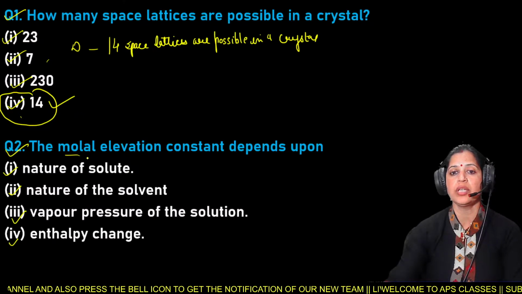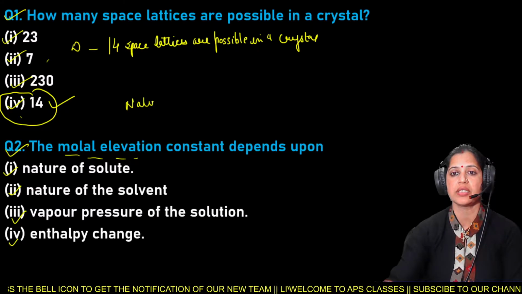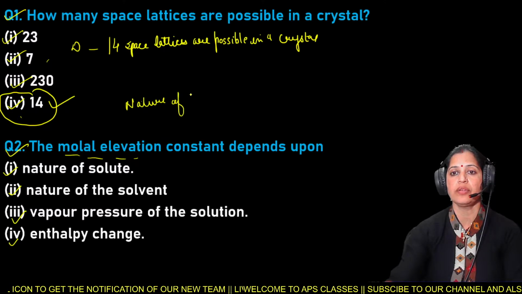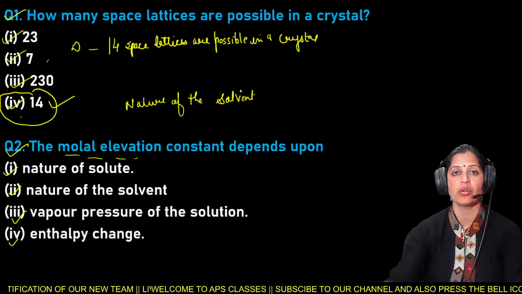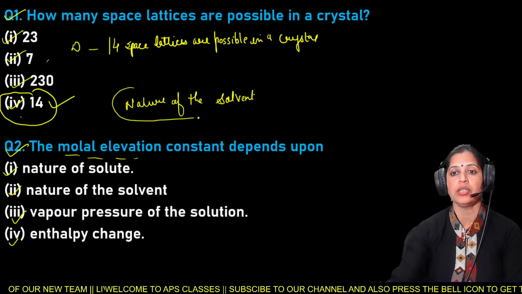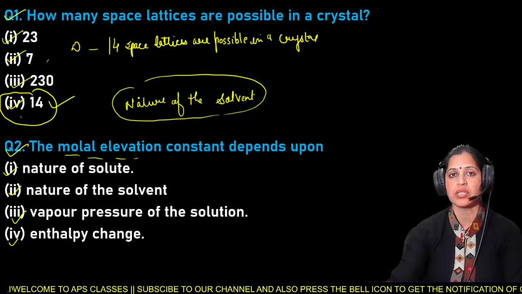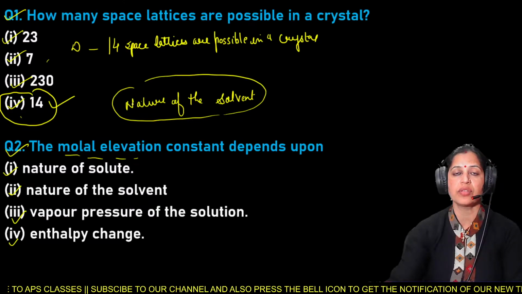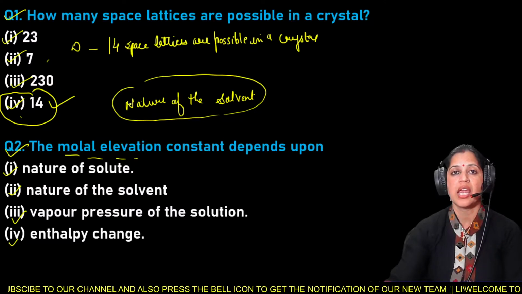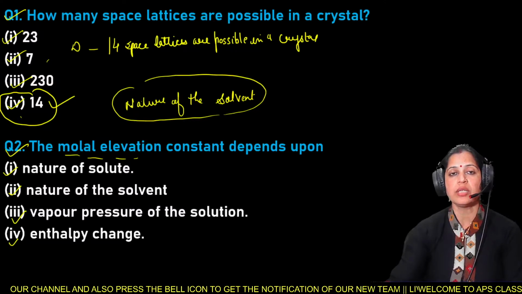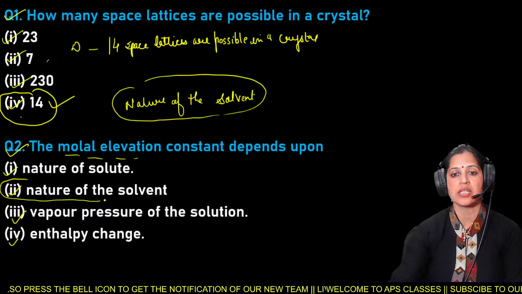So here the molar elevation constant always depends upon the nature of the solvent. Nature of the solvent, not nature of the solute, not vapor pressure of the solution, and even not enthalpy change, but only and only the nature of the solvent. That means the nature of the solvent is the most important characteristic of the molar elevation constant, and it totally depends upon the nature of the solvent. So here option second is the right answer for the question number